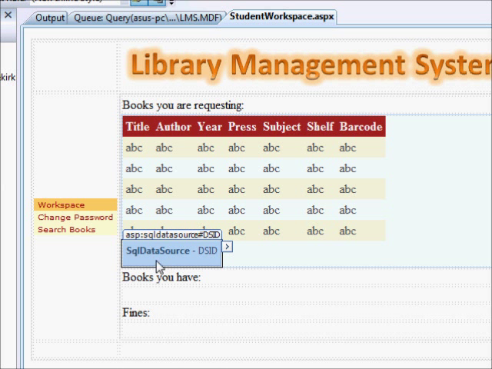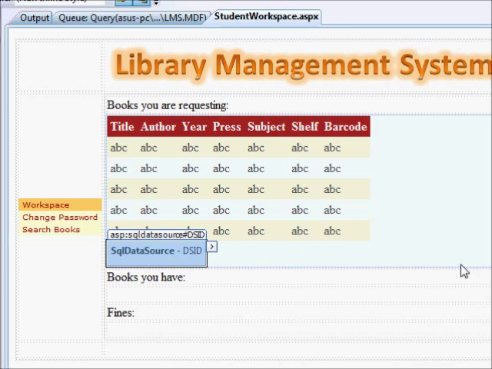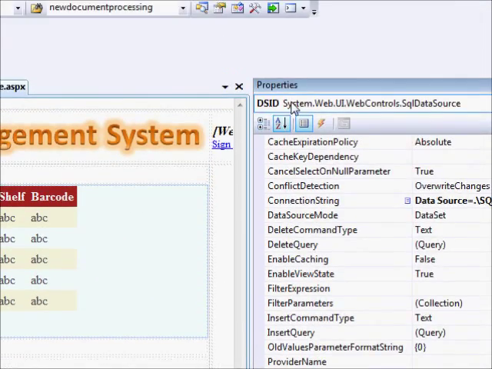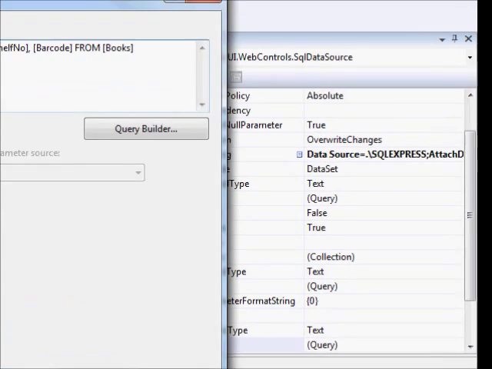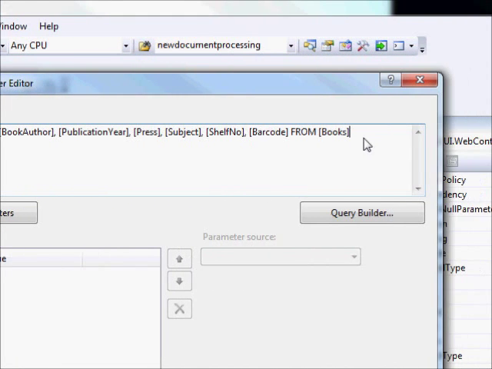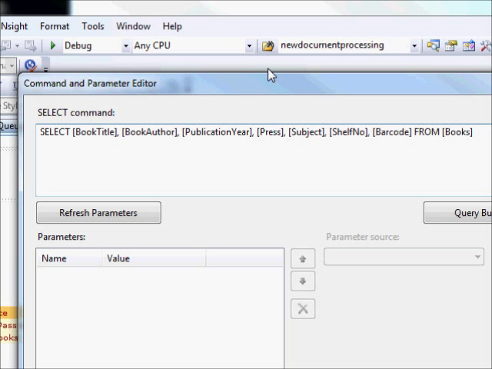So let's go here to the data source here. Okay, and let's go to its properties. We are gonna change its SQL statement. Do you see this selected query? We're gonna click here on the ellipse, and now we'll work here. So now we will select from books where book ID in select book ID from wait queue. Okay, so now this will return to us only the books that the students are requesting, but this